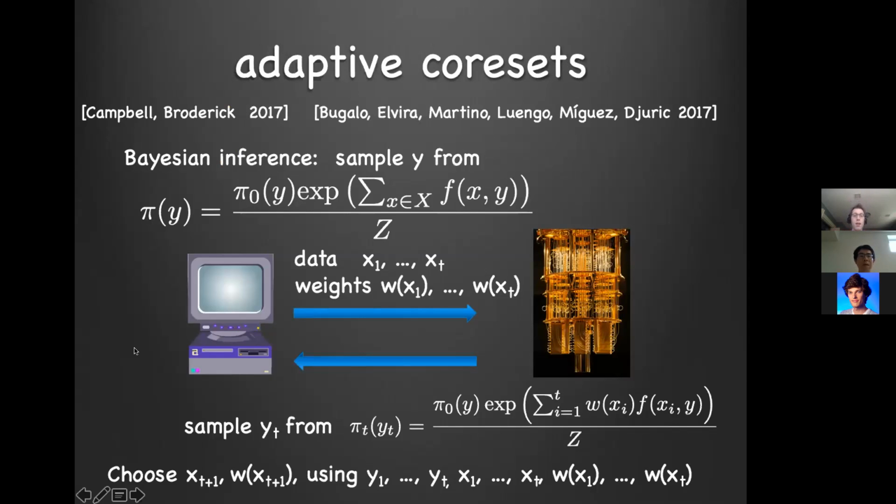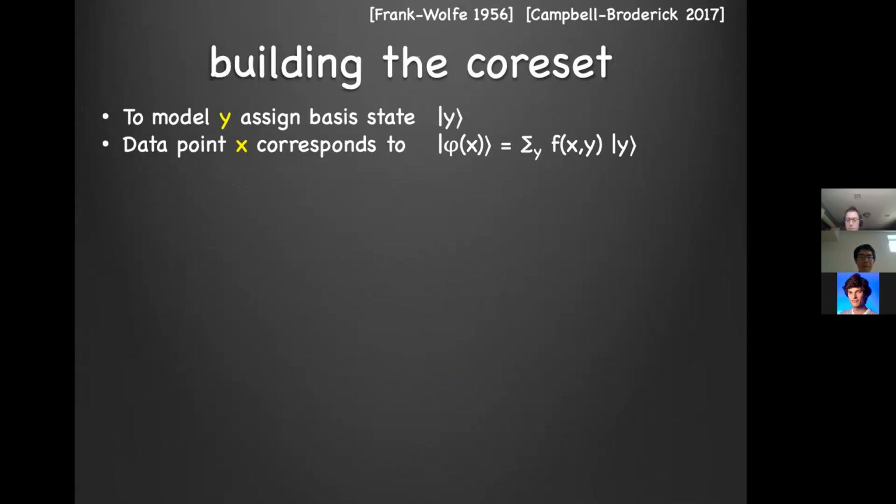And there's a model proposed by Campbell and Broderick, which they have some analysis of, but their analysis depends on parameters that are hard to estimate. So I'm just going to call it a heuristic, but I think it's a reasonable one, and I'll tell you how it works. To model y, you assign the basis state ket y,